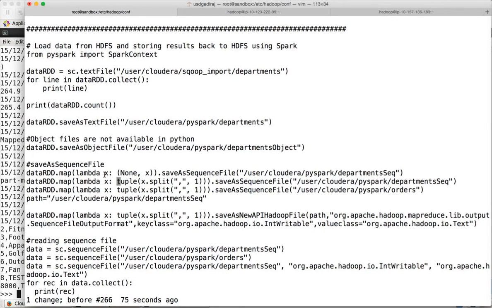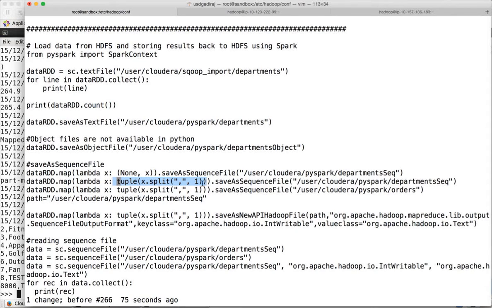And each record will be passed as a parameter to this function, which is x, and then this is the transformation which we are trying to apply. So that's what the Lambda function is. It's a function within the map function, but it's an anonymous function without any name, and it will be returning this expression num x in this case, and then tuple of x dot split in this case. So if you want to know more about Lambda functions, you can actually search for Python Lambda functions, and you can